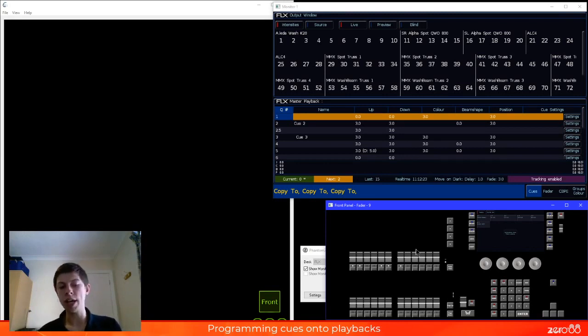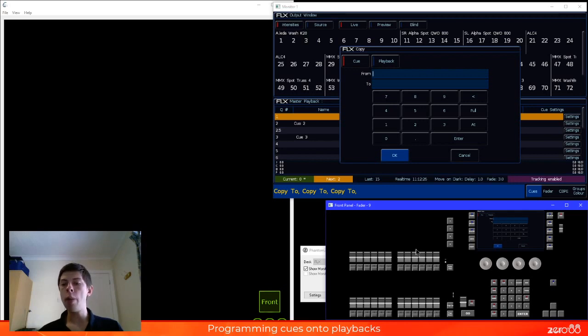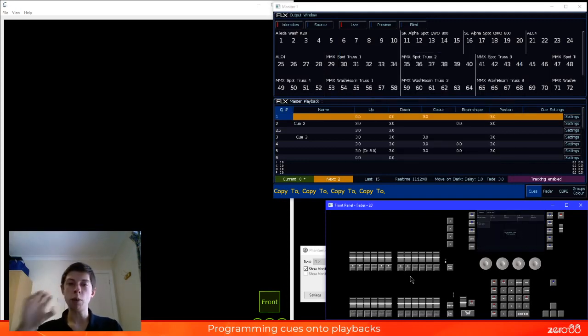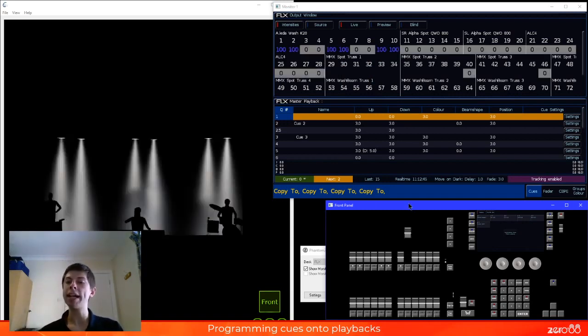Really simple process. Again, go to your copy window, and this time you can just literally go and tap on the playback buttons. So I'm going to click on my master playback's button, and I'm going to say that I want to paste it onto playback number 8, for example. And I've now copied my whole master playback. If I raise playback 8 right now,